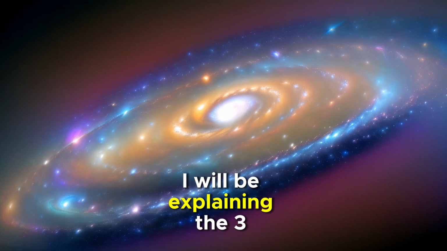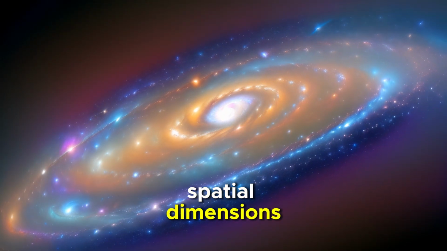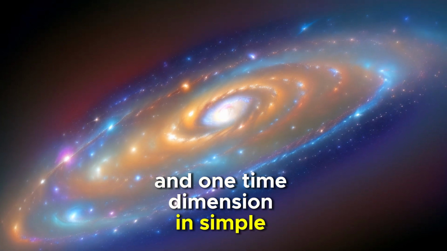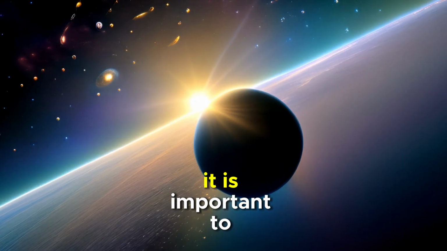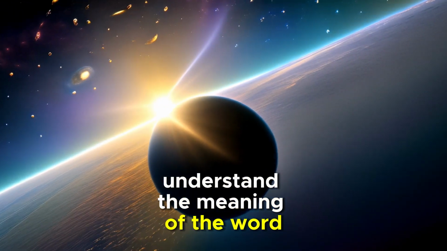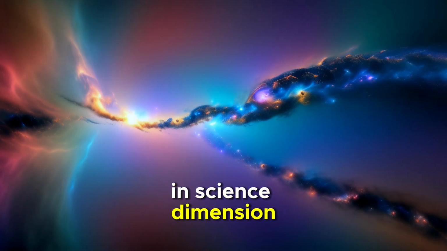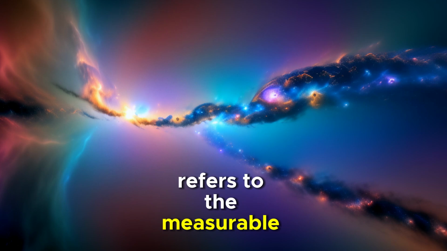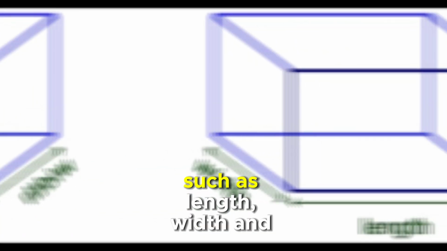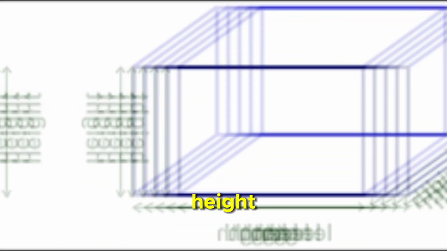Today I will be explaining the 3 spatial dimensions and 1 time dimension in simple words. Now before we start, it is important to understand the meaning of the word dimension in science and maths. In science, dimension typically refers to the measurable aspects of physical space, such as length, width, and height, or to